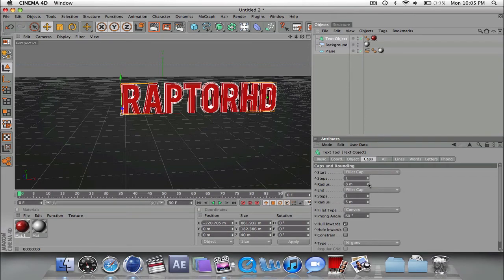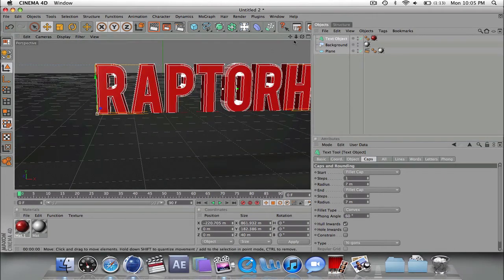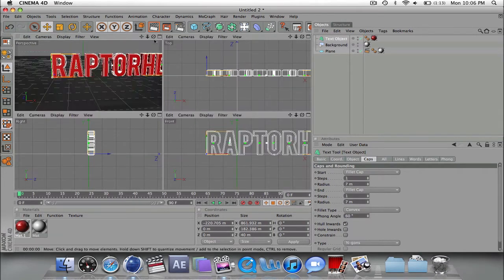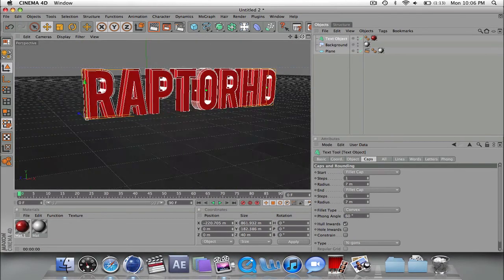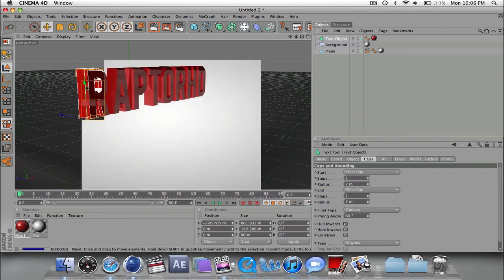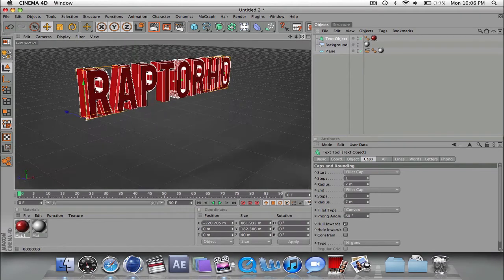And you may want to turn this up a little bit. Just adjust it to your liking. Make it 7. Render that out. So you see, it smoothened out those hard edges there. Okay, so now,